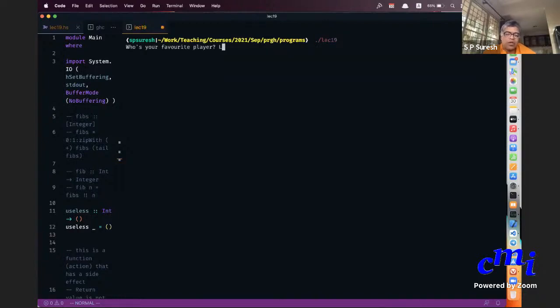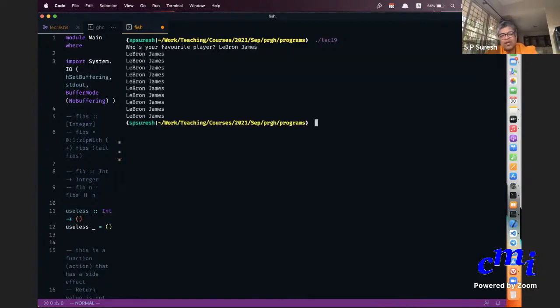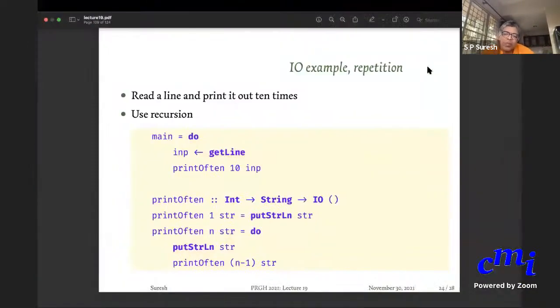Okay, it's asking. No marks for guessing. Yeah. So it's printing the names 10 times. Good, cool, right? So this is a little bit primitive, but it's still fine. You can still do things repetitively, rather than chaining the action 10 times. Now you can imagine that if you have to do it 100 times, this is a much better thing to do than actually writing it out 100 times.